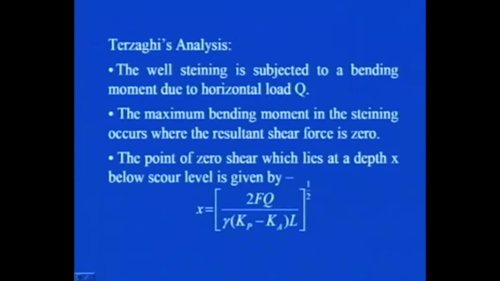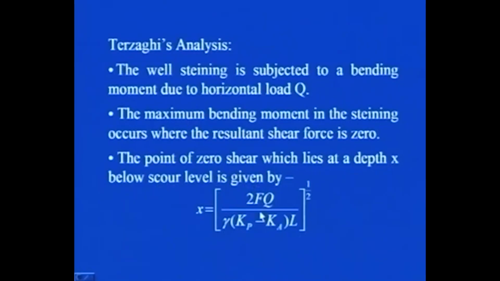Now, the well steining is the vertical component of the well foundation, and it is subjected to bending due to this horizontal load Q. The maximum bending moment will occur at the point where the shear force is 0. So where the resultant shear force is 0, the maximum bending moment will occur at that particular location in the steining. The point of zero shear, which lies at a depth x below scour level, is given by